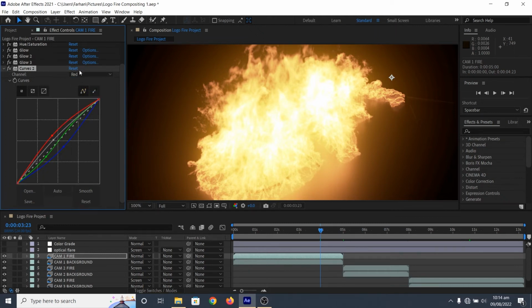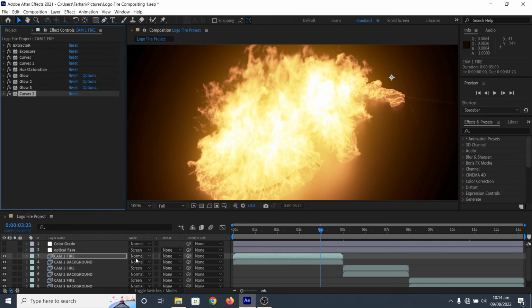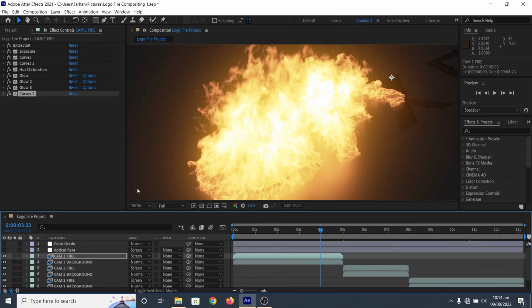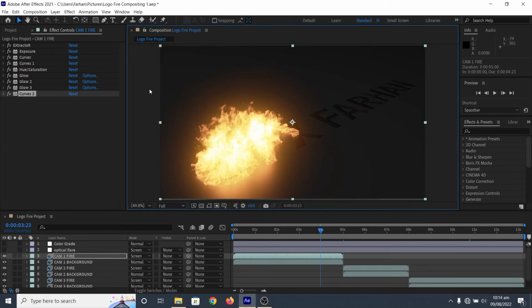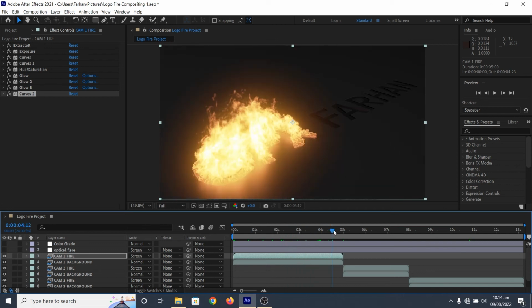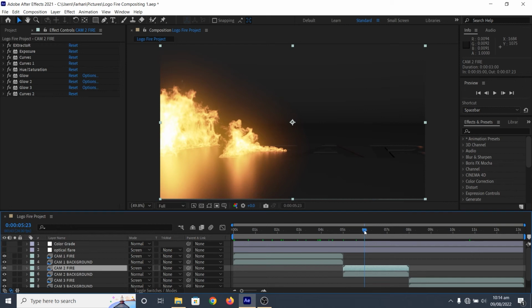This is red, this is blue, this is green, and this is RGB. And then I change normal to screen. So now it looks amazing. Then I copy this setting and apply it on camera 2